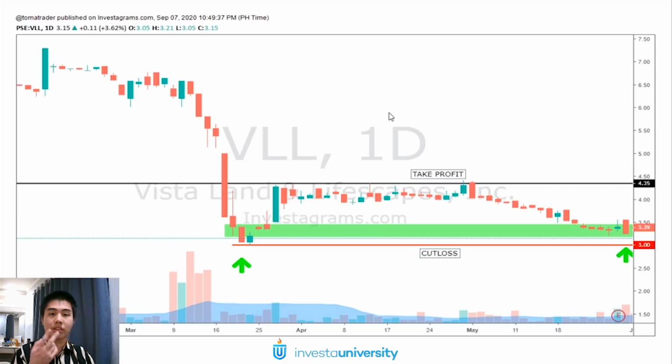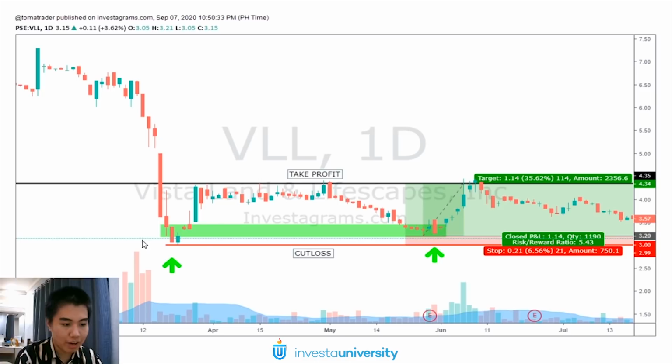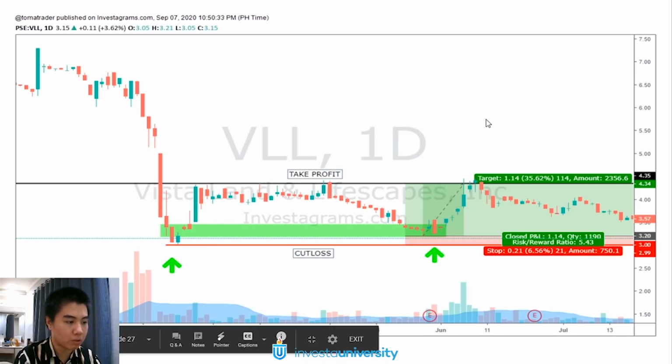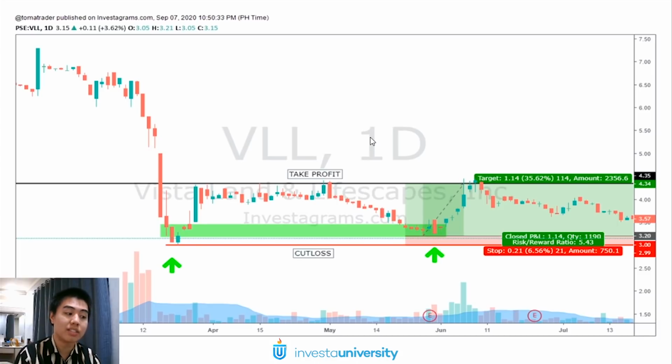So, there are really two ways to trade double bottoms. And the first way is the quick bounce plays. And I'll show you the next way later. So, this is how a lot of people traded. So, here, you can see, it found support, made a double bottom, bounced. And as you can see, our risk-reward on this trade is good. Our risk here was only 6%, while the potential profit was 35%. So, guys, our risk-reward here